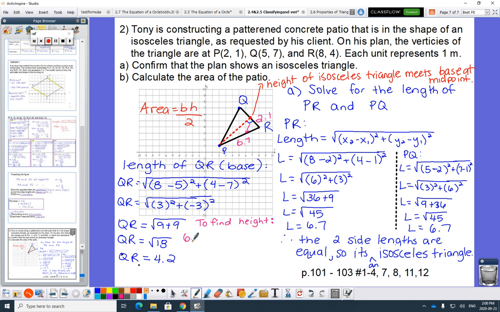So we have 6.7 squared is 2.1 squared plus whatever. You can call it h squared. It doesn't matter. But you can also use the midpoint formula, find the coordinates, and then do length like this as well. 6.7 squared is, actually,